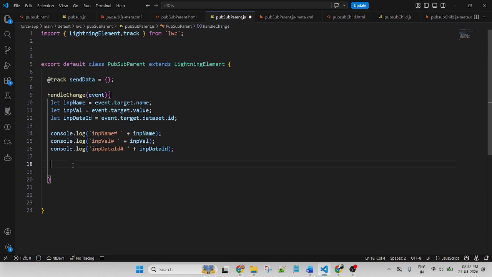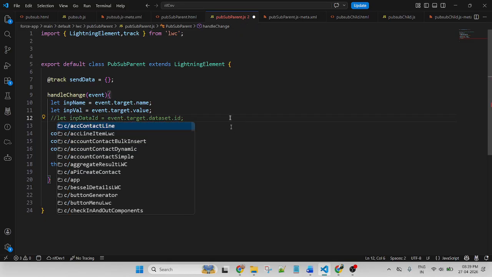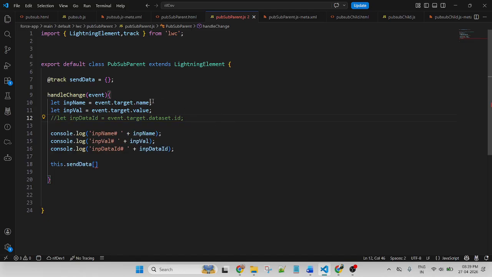So this one, this dot object name, then list of the array, and here we will pass. You can use any of the variables. You can use name and you can use data set ID. Either can be used; both work the same. To avoid confusion, I commented one of them so that you don't get confused.